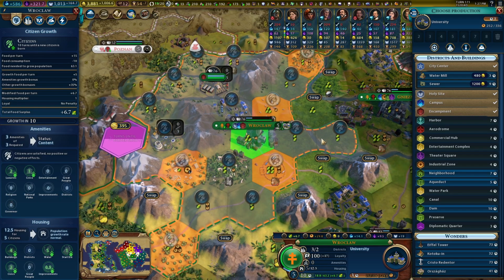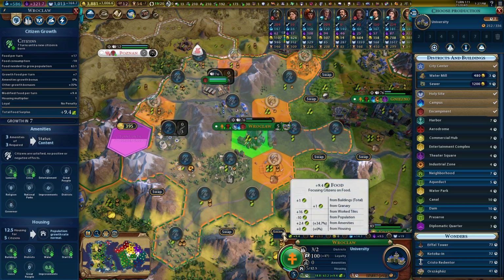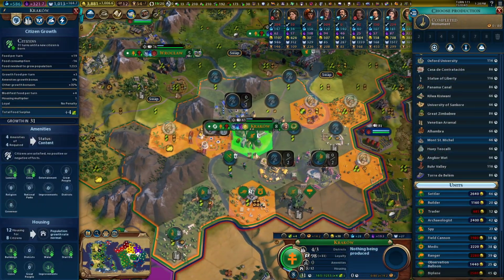Yeah, you could use a builder. You're working a few unimproved tiles. You don't have a lot of population either. So focusing food could be good for you, and then let's get you working on a builder. Over here in Krakow,